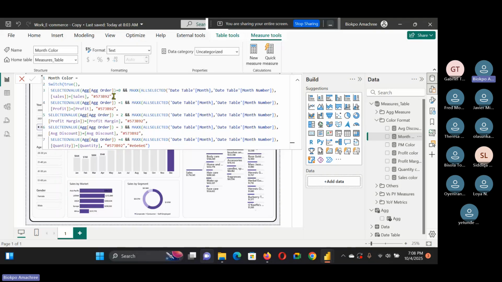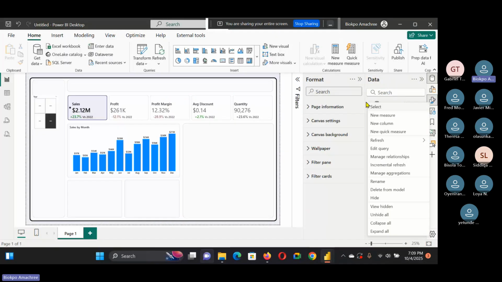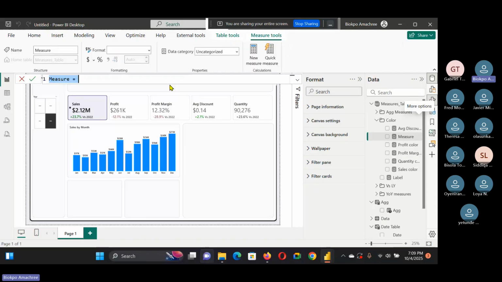This is the purple color. So let me create it under the folder for the color code. So month color is equal to,